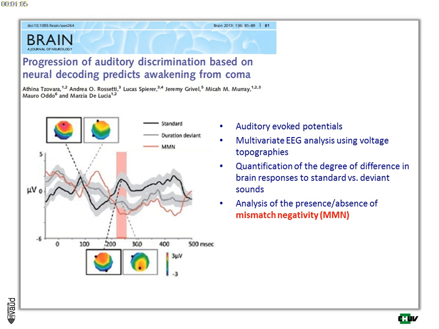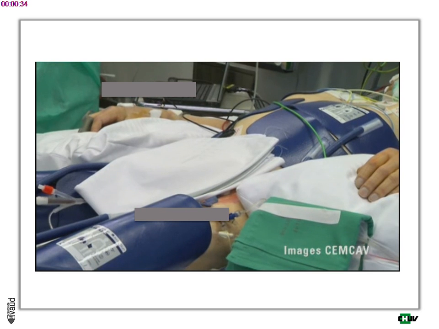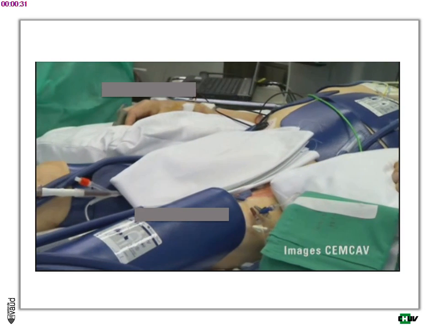and they do a topographical analysis. Through headphones, they send monotone sounds, and there's a standard sound and there's a deviating sound. And if the brain works, it can discriminate between the two sounds, see the difference. And so here, they can pick up the difference in sounds, they can see mismatch negativity. If it works,